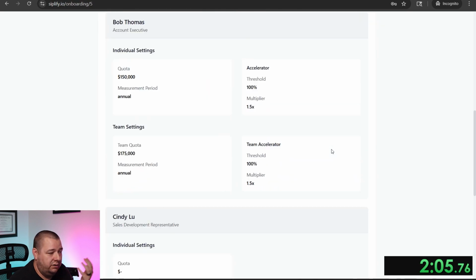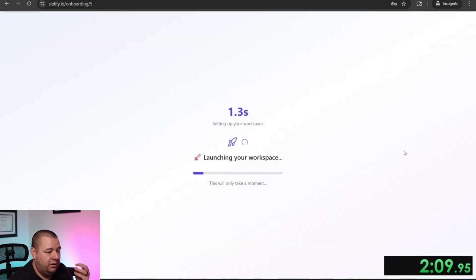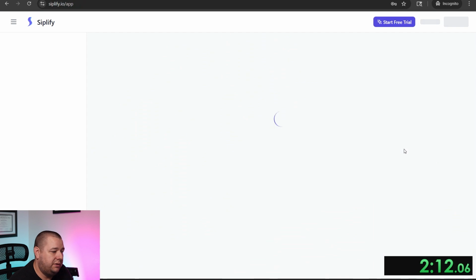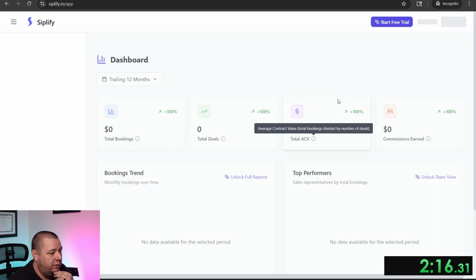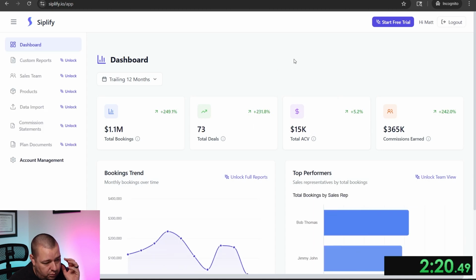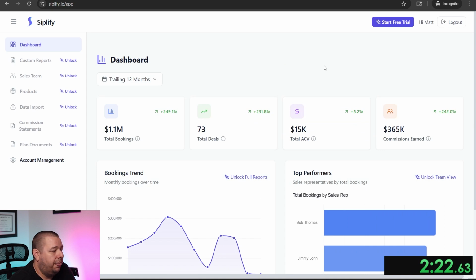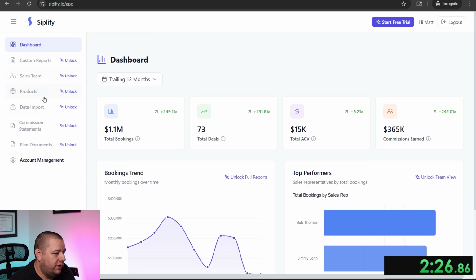And of course, we do immaculate work. So we can look at this and feel good about it. We complete our setup, launching the workspace, charging up these hamsters. They are ready to go. Let's get it. All right. We are kicking in and we are dropped into the dashboard. And the dashboard's going to populate. Look at that. Okay, some cool hot fire facts,